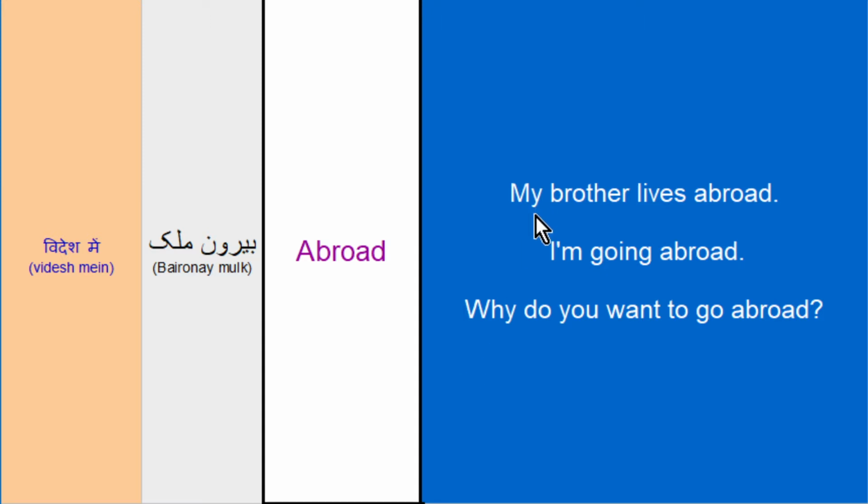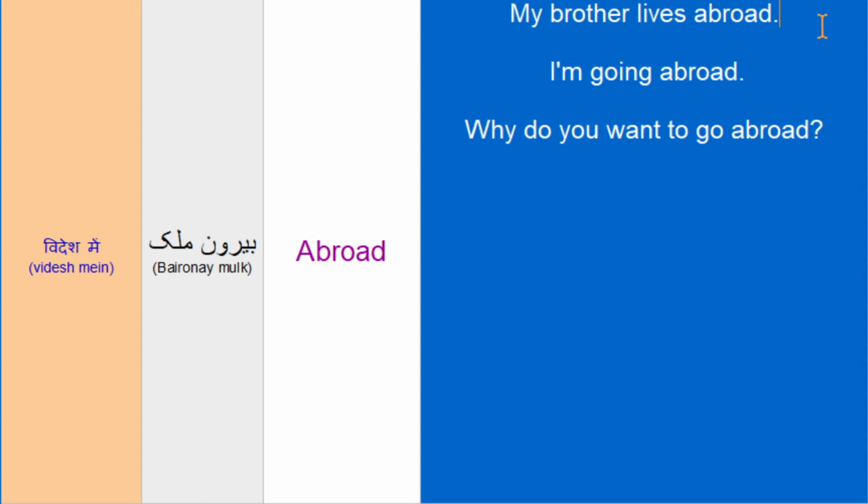First sentence is my brother lives abroad. Now if we want to translate it in Urdu and Hindi, then my is मेरा, brother is भाई, lives means रहता है and abroad is बैरून मुल्क और विदेश में. Now let's translate this